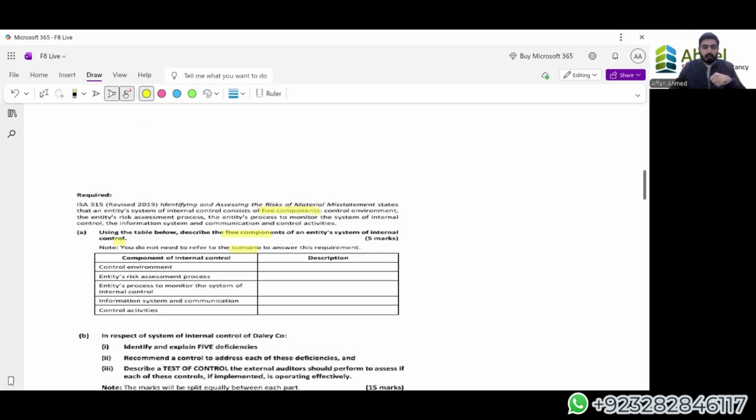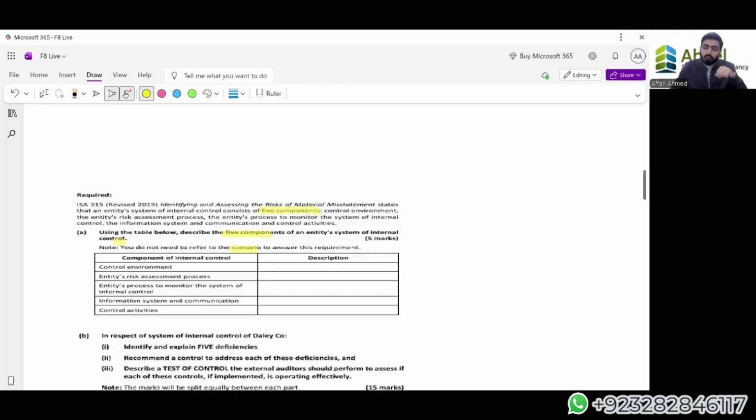After 7 to 8 minutes, when you read the second question, the second part of the question, you start to blank away. Your memory fades eventually because you're more focused on writing the first answer. So it wastes a lot of time. Now you have to go again and read the passage, again draft points, identify points, and then write the answer. So it will take a lot of time and effort from your side. So what we should do is first read the questions, see if they relate to a scenario or not. If not, answer that first, then go to the scenario with the relevant questions that we have to answer. Okay.